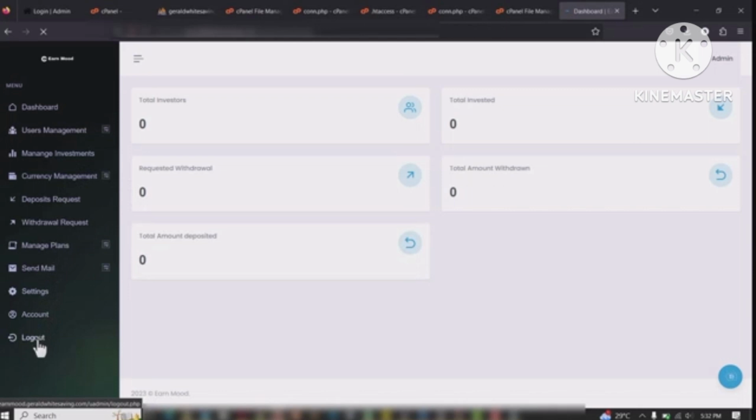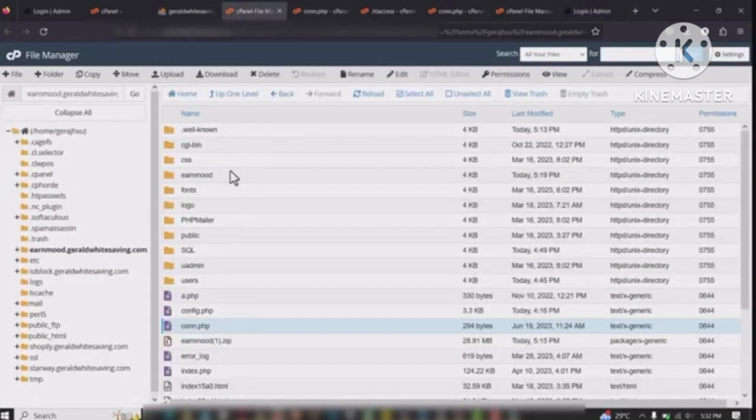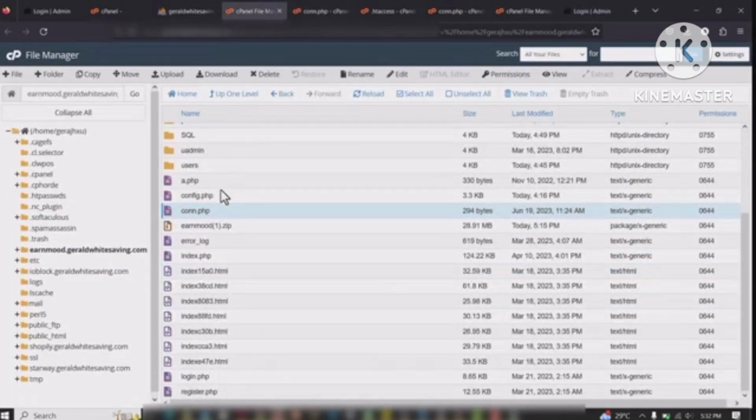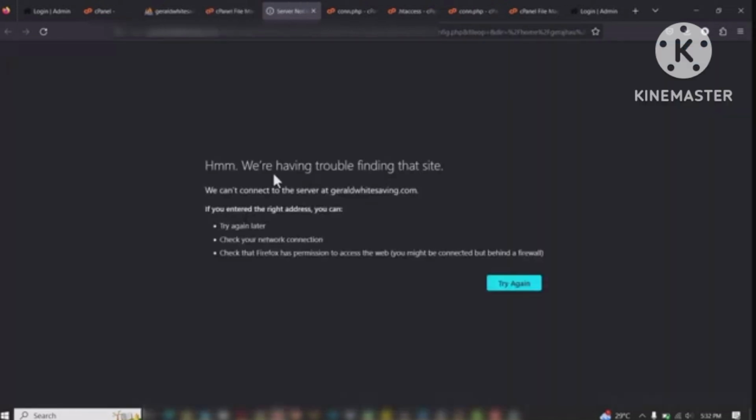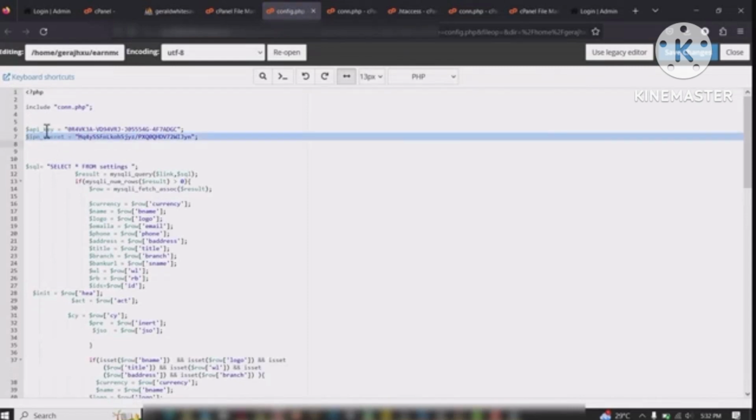So the part where I'll teach you how to configure now is the payment section. So remember when I started this video, I said the payment is actually automatic using a payment gateway. So now I'll teach you how you can set up the payment gateway. So go to config.php, edit the file, you will see API key here and you see IPN secrets here. So you will get this API key and the IPN secrets from the payment gateway, and the payment gateway is